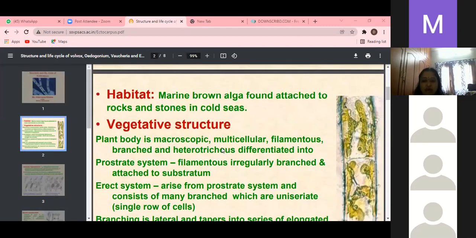Next, what is the habit and habitat? Here, Ectocarpus is a marine alga. I'll explain now what the characters of Phaeophyceae were in the starting. This Ectocarpus is also a marine alga. It has worldwide distribution, but it is primarily found in colder countries. You can observe these algae attached on the rocks and stones of the sublittoral zones of seas